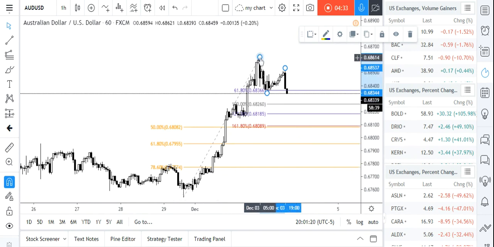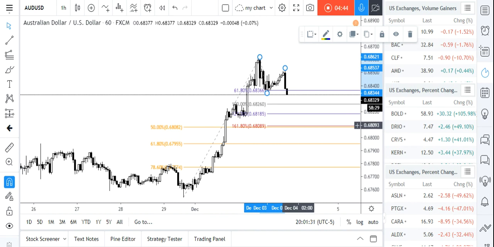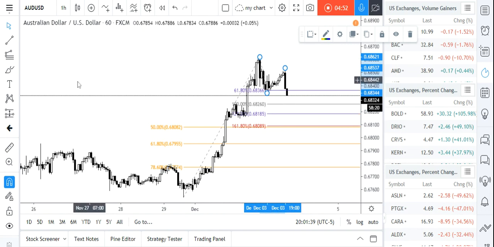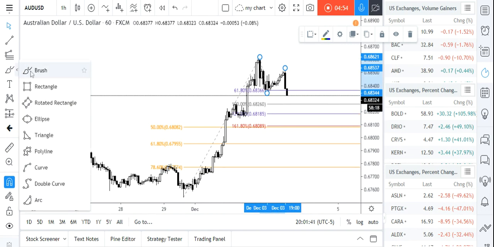So this A, B, C, D, this is where it coincides. 50% of the Fibonacci retracement is coinciding with the 161.8% extension of this ABCD. So here is my target, and you can place your target around 0.68089 plus 1 pip plus spreads, and then it can make a pattern like